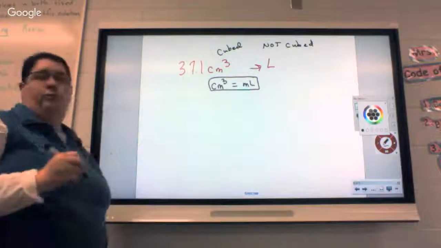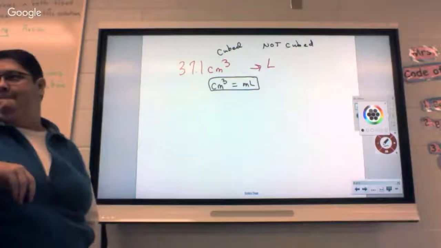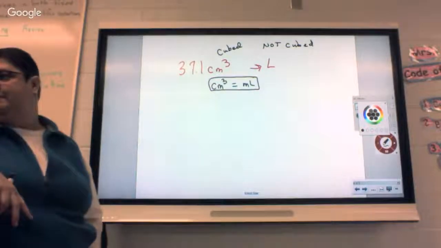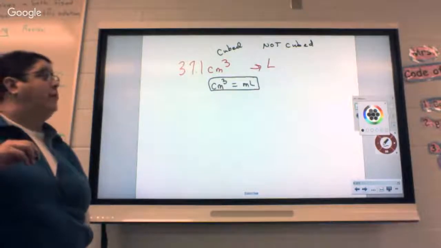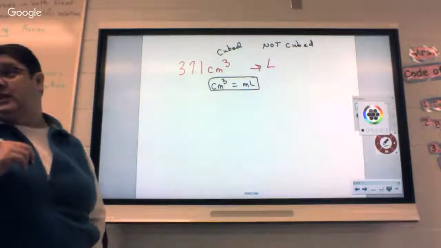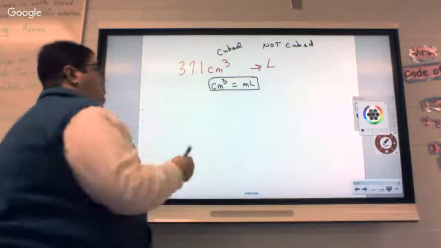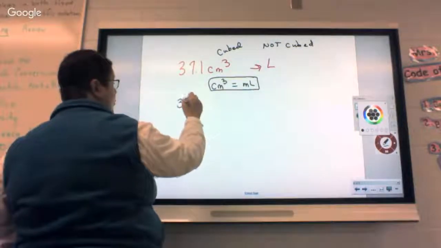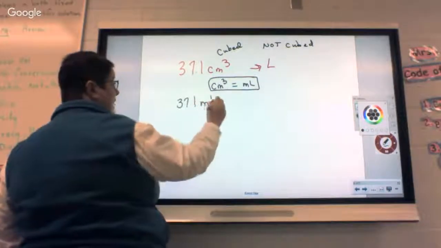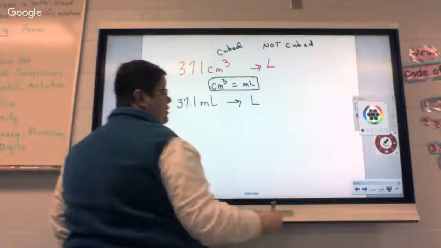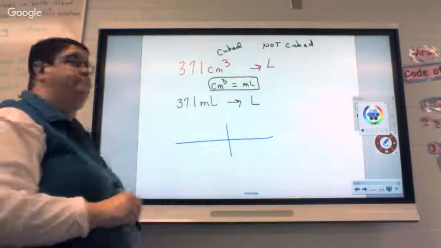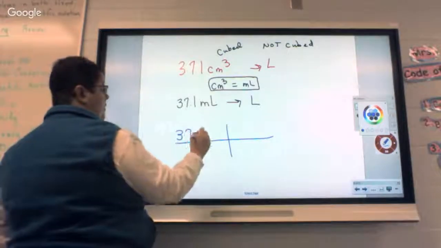Okay? So, what should we do? How do you think we would use that and incorporate that into solving that question? Okay. So we are going to use a table, but what connection do you think I want you to make before we even use a table? The milliliters is the same as the what? Yes. So I want you to realize that 37.1 centimeters cubed is the same as milliliters, and then change it to liters. Once you've made that connection, then I want you to set up a table. Okay? And then go 37.1 milliliters